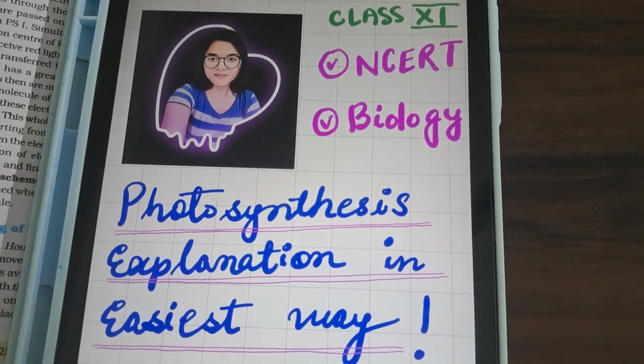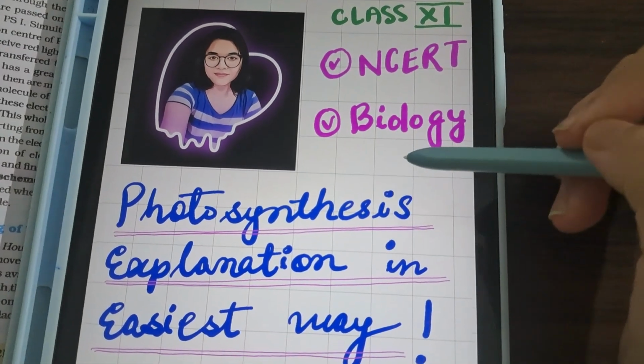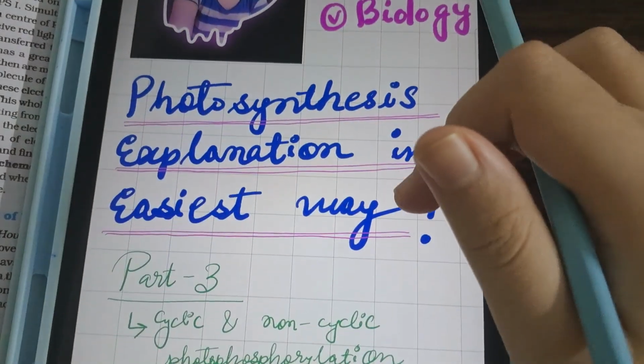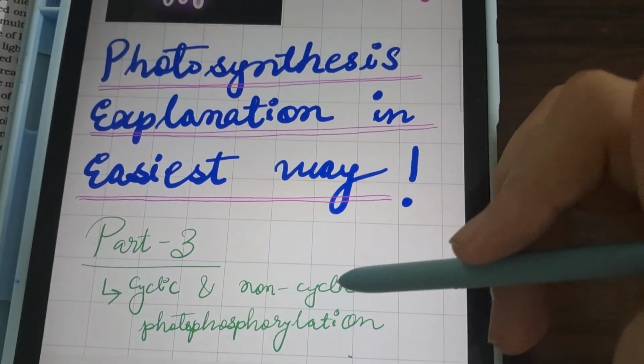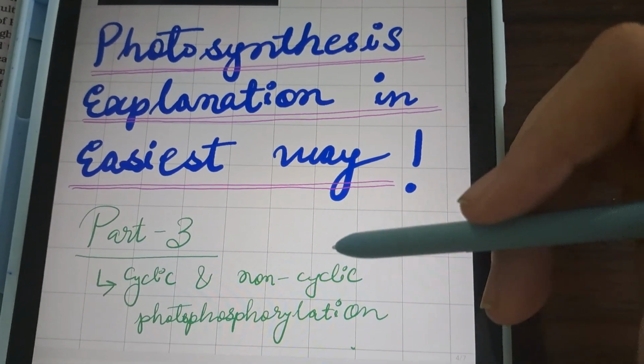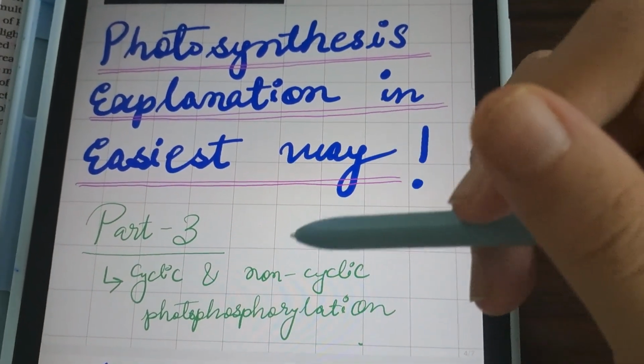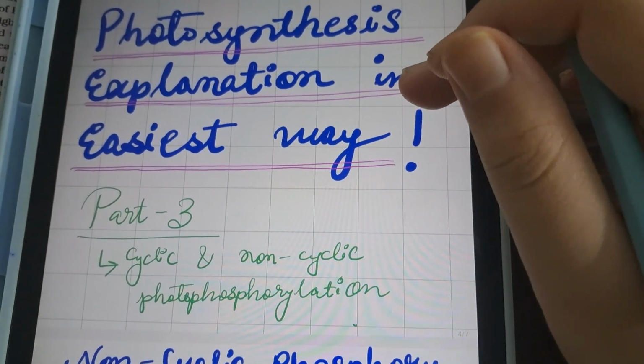Hello everyone. So here I was dealing with class 11 NCERT biology photosynthesis chapter. So we are in part 3. In the previous lecture we have already dealt with non-cyclic photophosphorylation. I very properly explained it there, so you can go and have a check. And here we'll be discussing the cyclic and